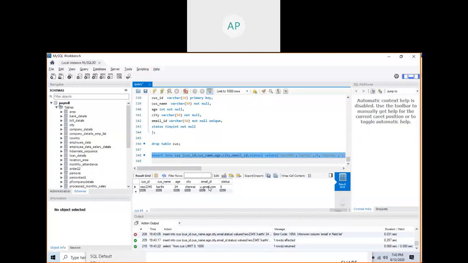When you enter it by using JavaScript, you should validate whether you are entering a proper email ID. Adinarayanan at gmail.com. Here you see the dot is not right. Then you should have checked there itself. If you are not going to check, then whatever he enters in the text field is going to come there. Then you are not going to send email to him. Then there are a lot of problems. So validation should be done in JavaScript on the screen, which you will learn when you learn Java web application, that is HTML, CSS, JavaScript, jQuery, Bootstrap.